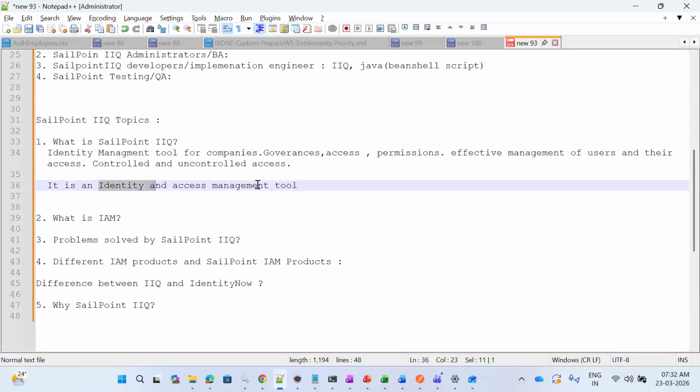This is what we used to say previously, but as the domain is expanding, we are telling more of an identity governance tool. Identity governance and administration tool. Both will be the same. But previously, this is the definition we used to have: identity and access management tool. Nowadays, to be more precise, we are calling it an IGA tool, identity governance and administration tool,